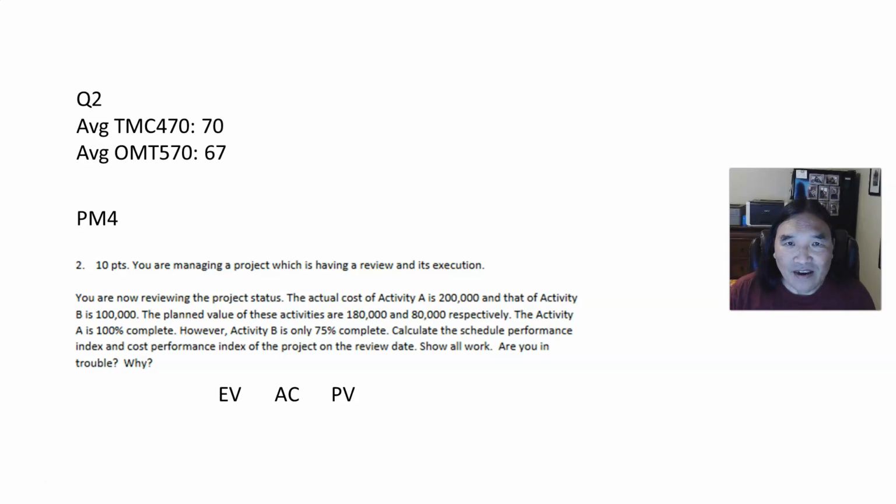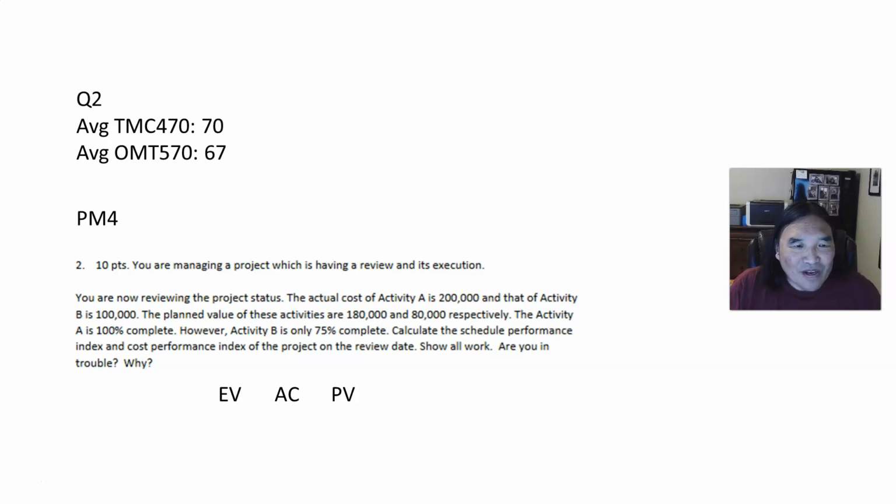Now, earned value is when I complete a portion of this, how do I compare the two? An earned value is the percentage you got done times what the entire budget is, and that's how much value you've earned. And actual costs are how much you've actually spent. And from these three values, you can get everything. Meaning you can get the CPI, you can get the SPI, you can get the BAC, and everything else.